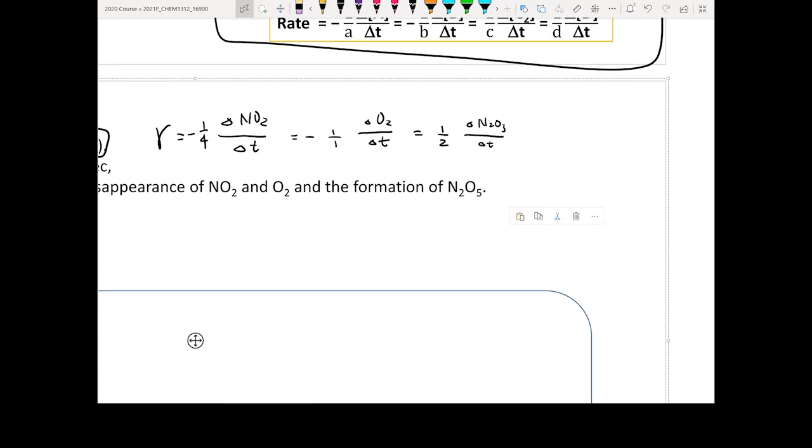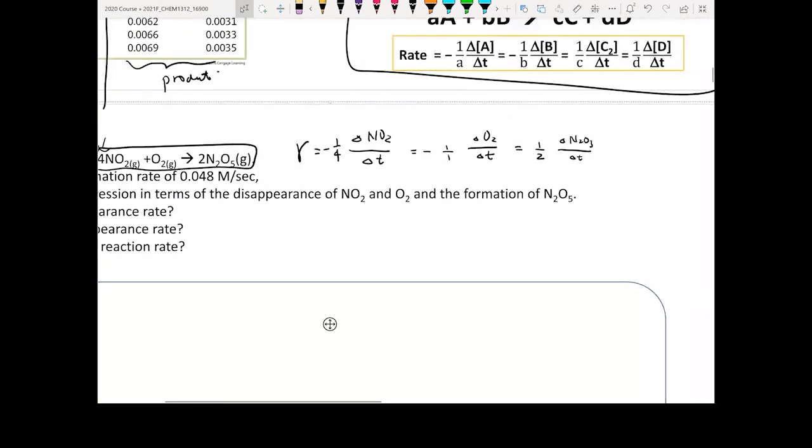So if I see this keyword, disappearance rate or the reaction rate, then I know I can always write down my overall rate equation based on the chemical equation I have. So that's the first step you should write down. Because once you write these things down, based on the description, you can already solve a lot of things. All right, so let's get back to the question with this concept, and let's read